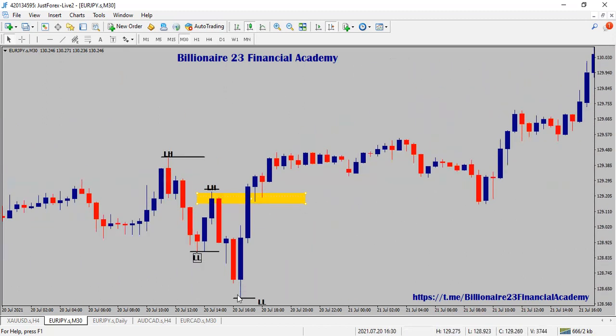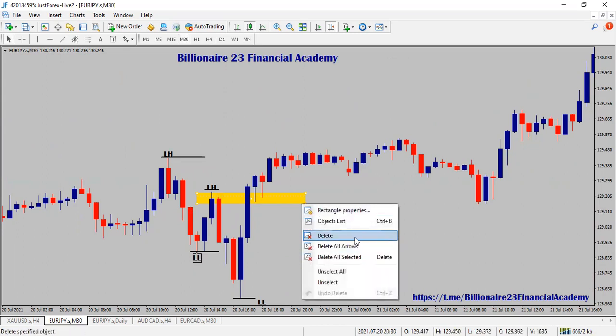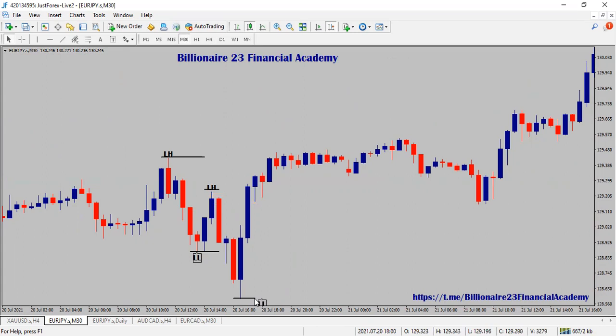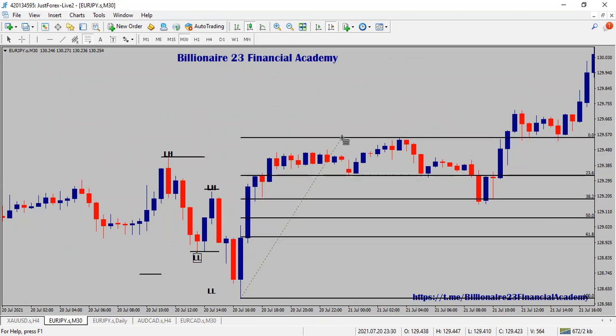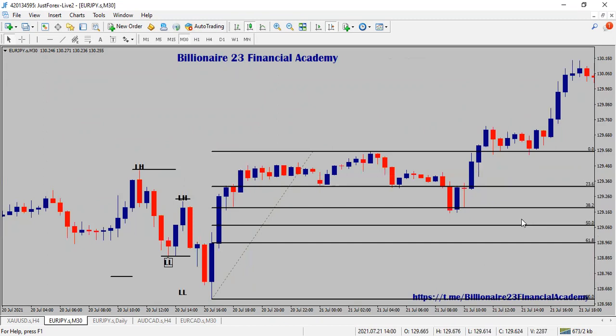So if we missed an entry here for whatever reason, we would plot our fib to give us a potential re-entry or a second chance. So the same way we did on the bearish example, you click on the fib. This time you start from the lowest point up to the highest point, which would be there. And then guess what? The fib